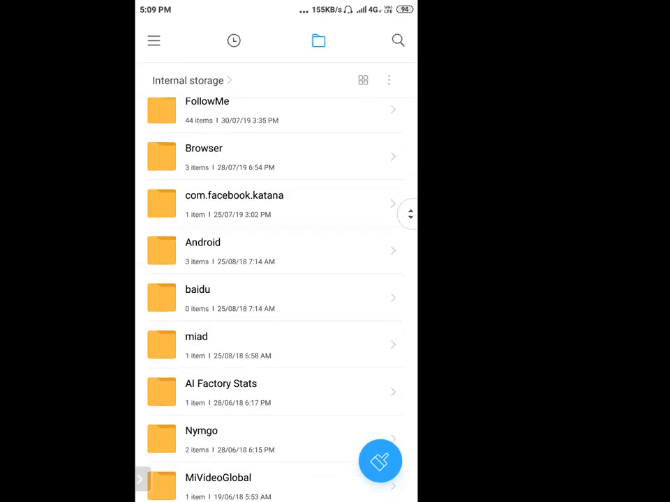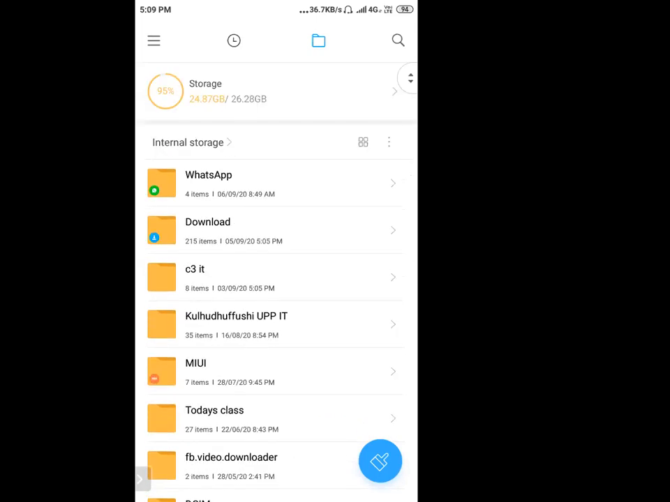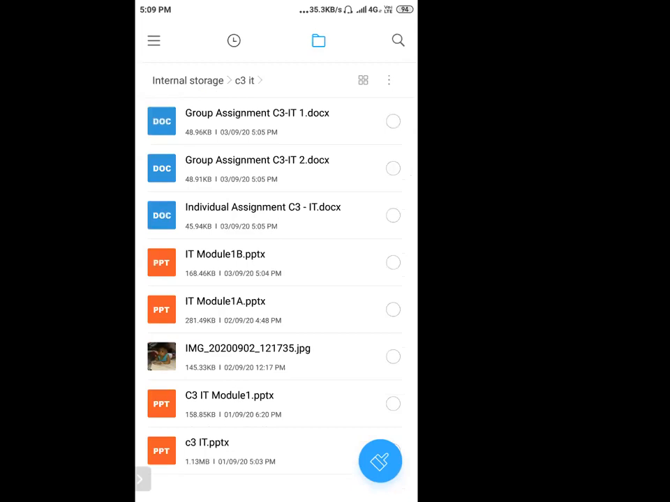So there is the folder C380. So I think last class,